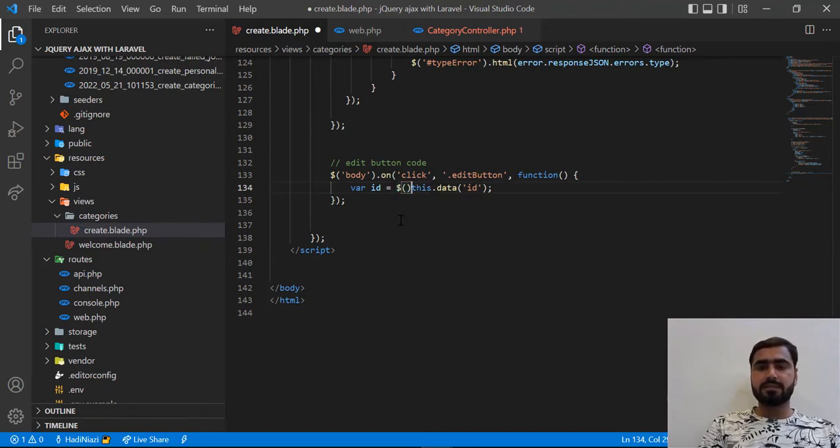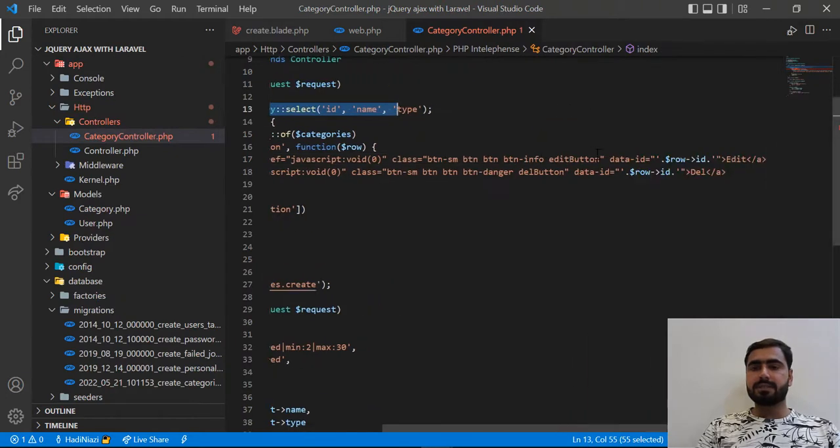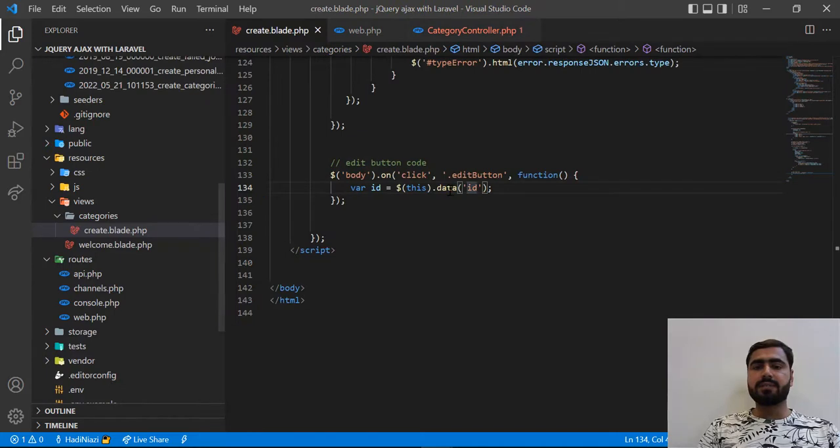So I think I need to add this like this, and then I'm calling this data ID. Which ID am I referencing? I'm referencing this ID. Let me go here. Here I define this data ID and I pass this ID here. So I want to get this ID. I'm using the data method in jQuery, getting this key and getting its value, right? So now if I console this out,